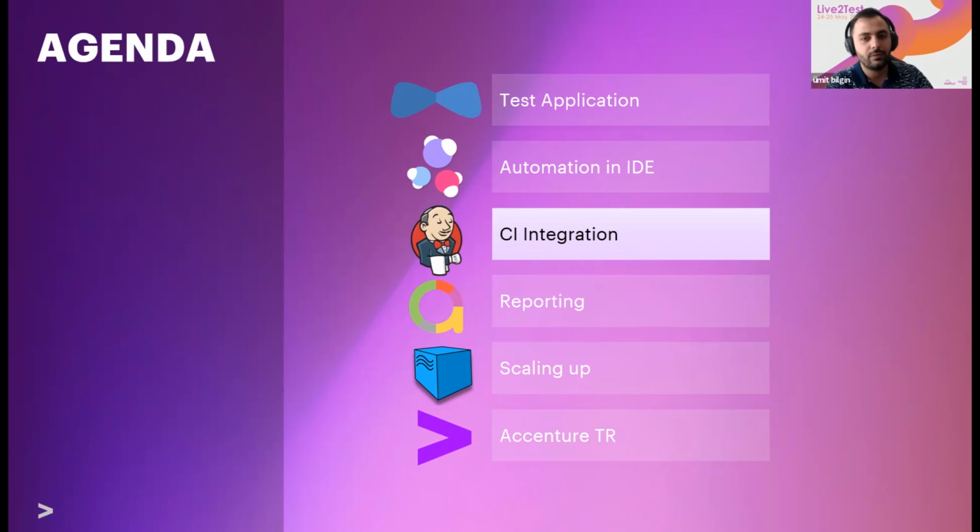And once CI is completed, then continuous delivery comes, and it's automated delivery of completed code into different environments like testing and development, etc. And continuous deployment is the next step. In this picture it is the last step.